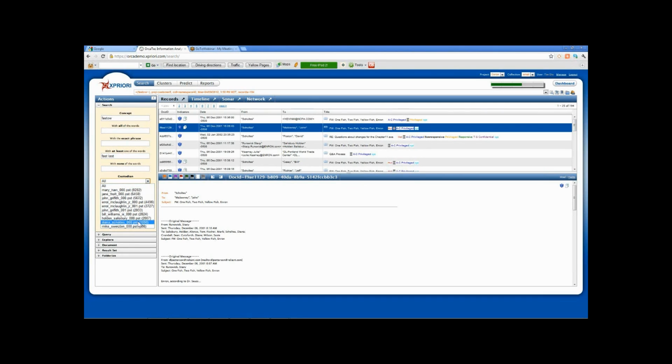Here we see Dana Schultes. To get Miss Schultes there, we would, in fact, just have to do this and do a search on her name if we'd like to. We also do the same thing with sender domains, as you can see, on emails, and we do the same thing with recipient domains. Demonstration on practice tips, we'll show you how to develop filters that you can maintain with